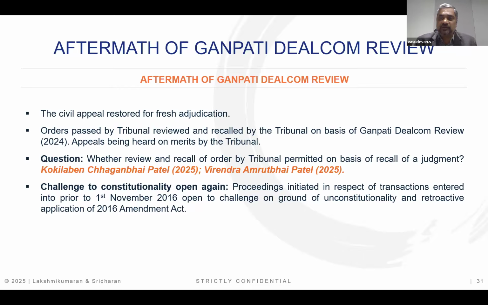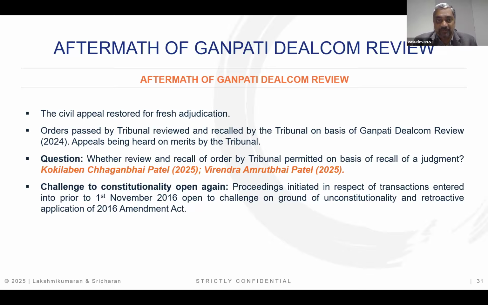The fact that subsequently Ganpati Dealcom itself was reviewed and the earlier order was recalled doesn't make the first round incorrect. So the Supreme Court said that, in fact, when petitions were filed before the Supreme Court to restore some of the SLPs dismissed by the Supreme Court, it said nothing doing. They interpreted the Ganpati Dealcom review petition. In fact, they even went to the extent of saying the last line observation given in the review petition